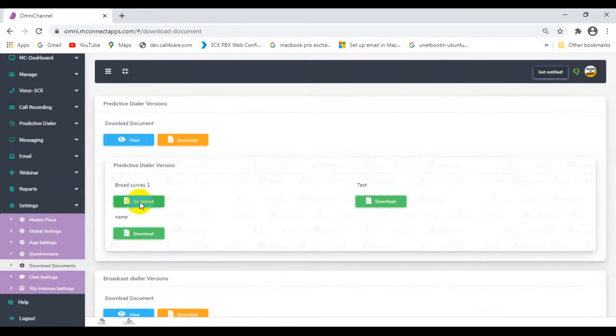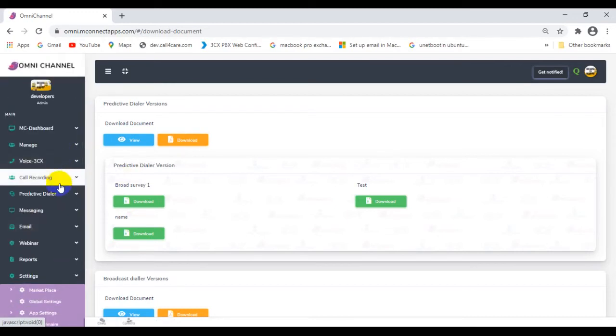But because this video is about predictive dialer, I'm showing you with this predictive dialer version. You can download the document. What happens is when you download the document, you have to upload in 3CX and you will get the data, and from the data you can create the WAD extension number. So this is how you will get the WAD extension number.